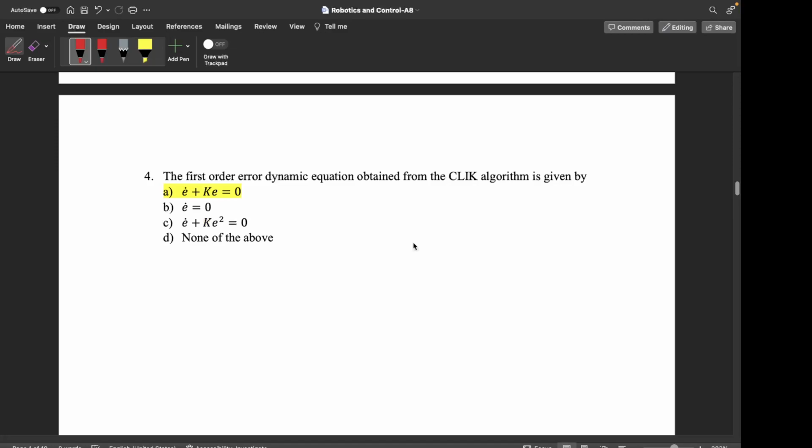And question 4 would seem very familiar to you because we did exactly this in the last week's discussion hour, the closed loop inverse kinematics algorithm and its error dynamics. So I would just quickly repeat the relevant equations. So basically what we are trying to do, we are trying to compute the joint angles not using